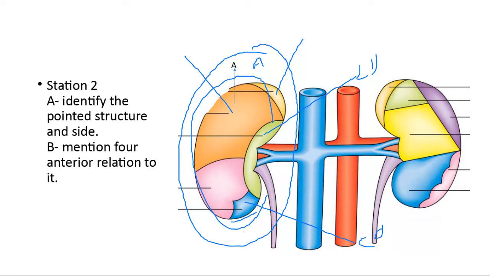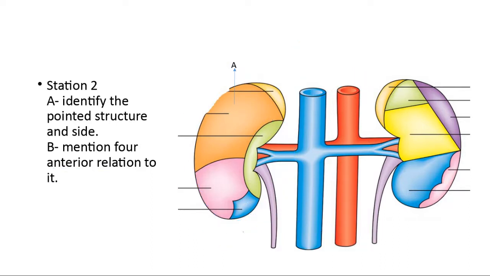No, no, how is the vena cava attached here? What is the anterior relation? Anterior. See, that is why always read the question: mention 4 anterior relations of it. Okay, so if this picture comes, you have to answer like this.